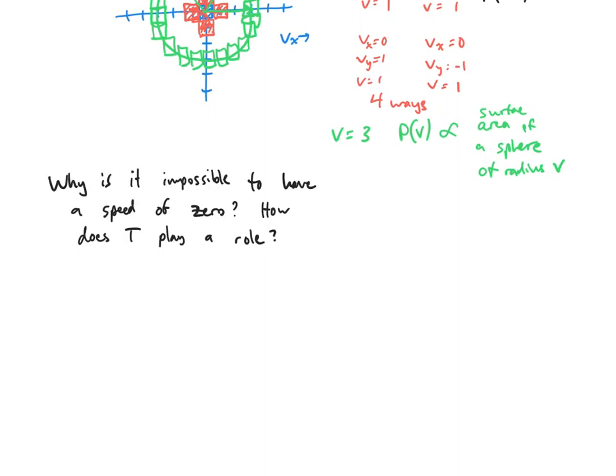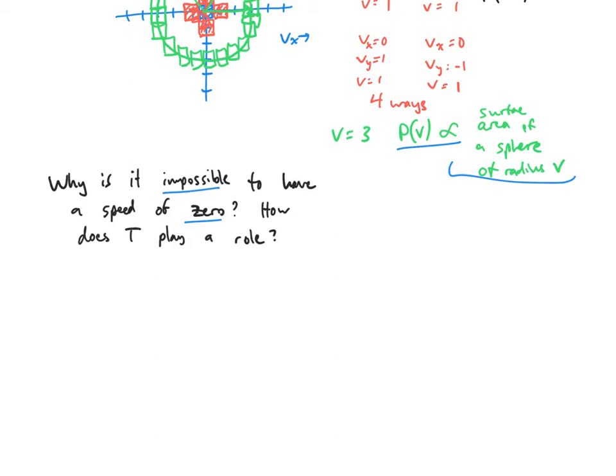So Gabrielle asked this follow-up question. She asked, why is it impossible to have a speed of 0? And then later she asks, what role does temperature play in this? Well, the reason why it's impossible to have a speed of 0 goes right back to this statement I made right here. The probability of a given speed is proportional to the surface area of a sphere of radius that speed. So if you have 0 speed, then the probability is the surface area of a sphere of radius